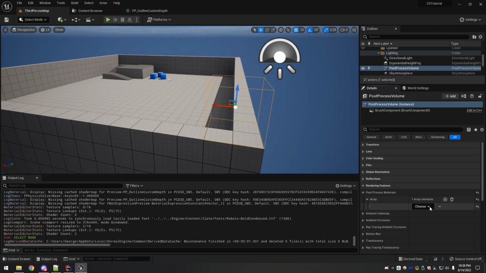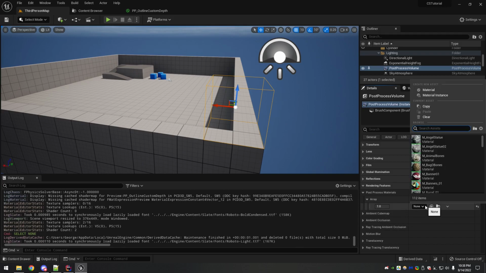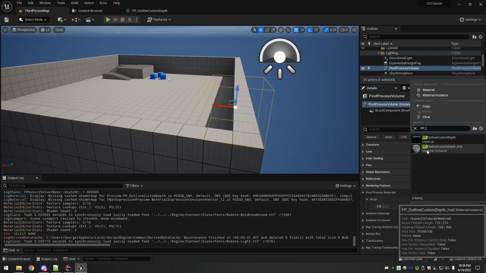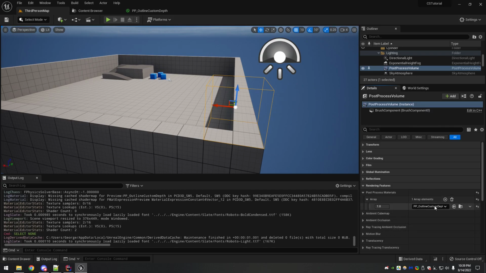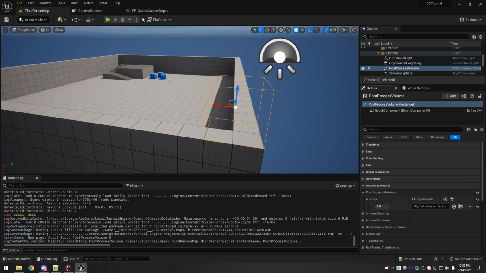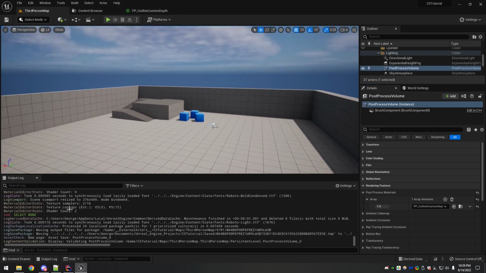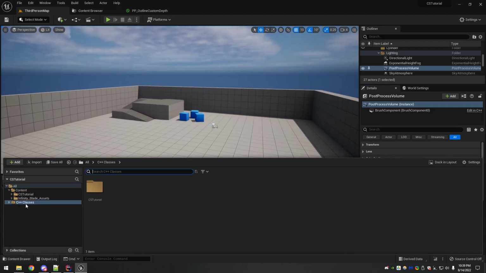So what we want to do is add an asset reference, and for that asset, I don't remember why these things were called PP at the front. It's probably just a naming convention for something to do with shaders. But we want to add in the custom depth instance. Okay? Now save that.